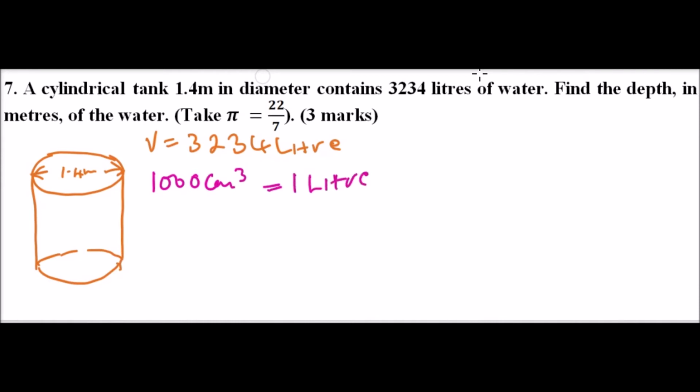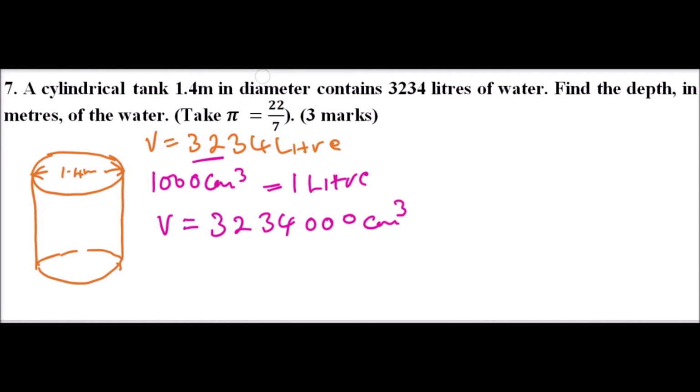So having that in mind, we work out how many centimeter cube there are. So volume is equal to 3234, we add 3 zeros, centimeter cube. So the volume of the tank